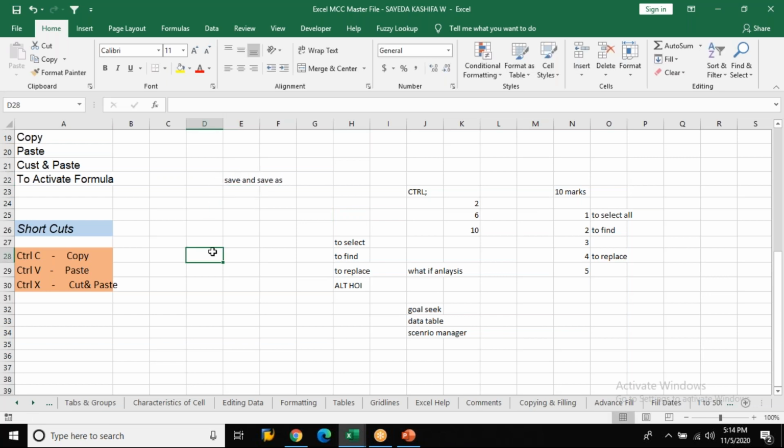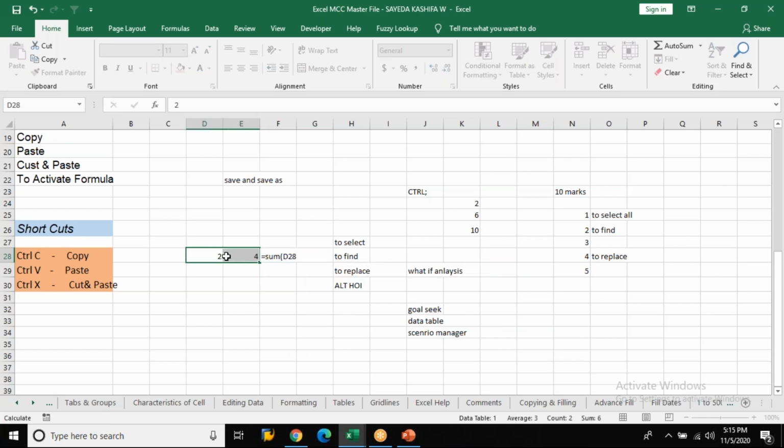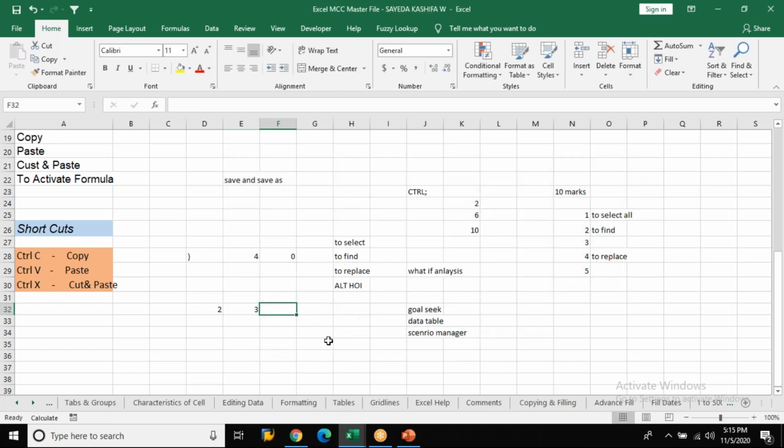What do you mean by syntax? Syntax is, for example, there is a sum of 2 and 3. How do you write a syntax to add these two numbers using Excel? Syntax is equals sum of, open the bracket, 2 and 4. Right? This is how you do it. Okay, my Excel is acting weird. So if I want to add up these two, the syntax will be sum of, open a bracket. This also could be asked. What is a function used to take the average?